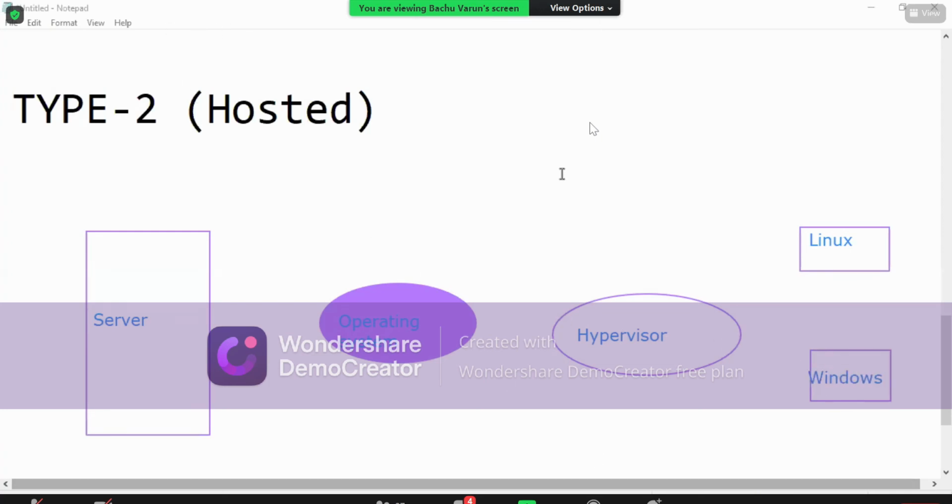Here it goes something like this: from server to operating system to hypervisor, and from hypervisor to Linux and the next to Windows.